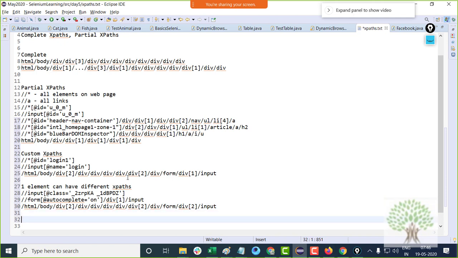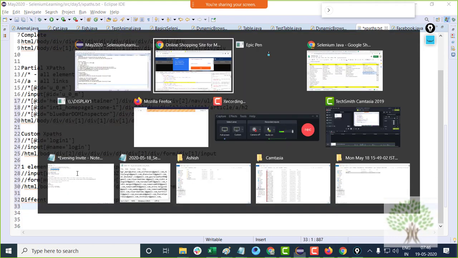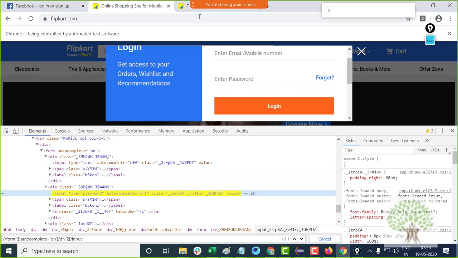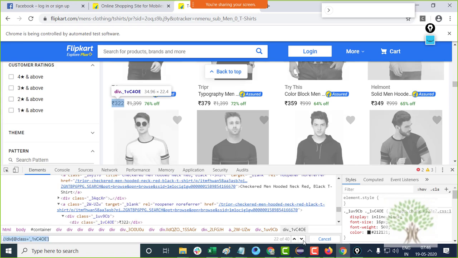and different elements can have one XPath as well. The perfect example was, we saw this Flipkart. We made this XPath which represented all the prices on the web page.